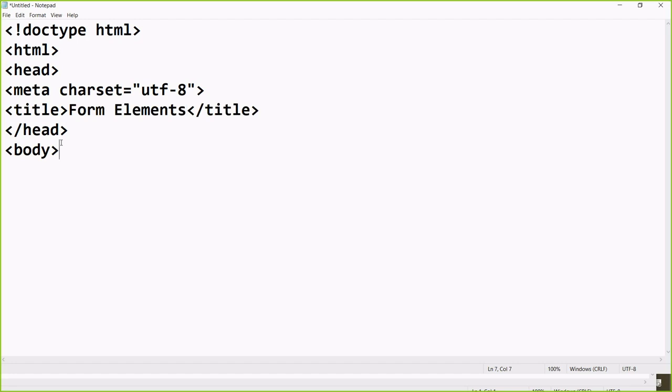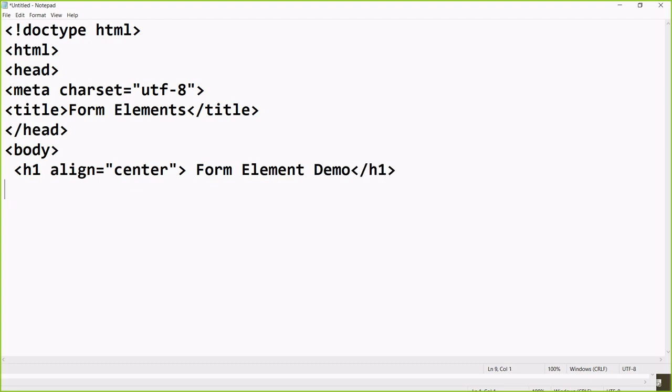Now after the body, we can give the center part. So h1, I can use align equals double quote center, close this, and write here form element demo. Then close the h1.